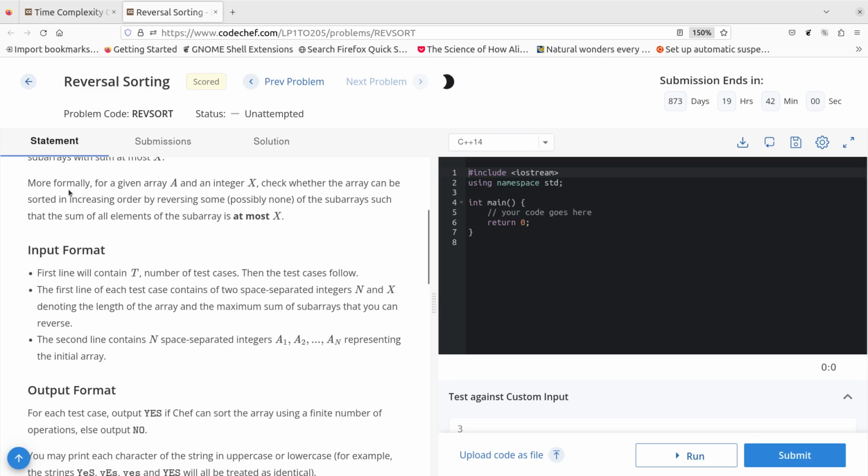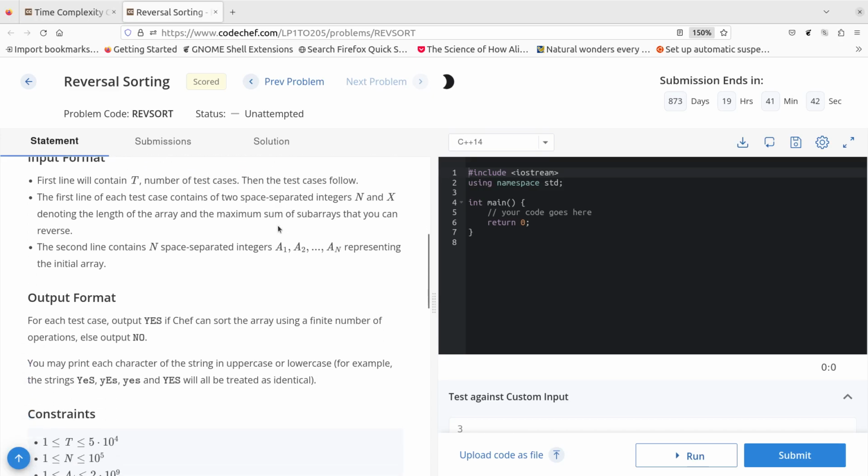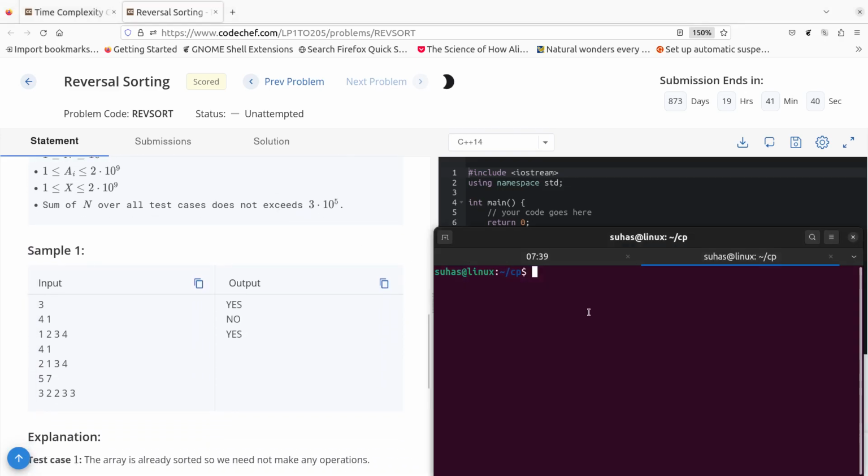Okay, let's read this one more time. More formally, for a given array A and an integer x, check whether the array can be sorted in increasing order by reversing some, possibly none, of the subarrays, such that the sum of elements of the subarrays is at most x. Okay, even this question is also based on